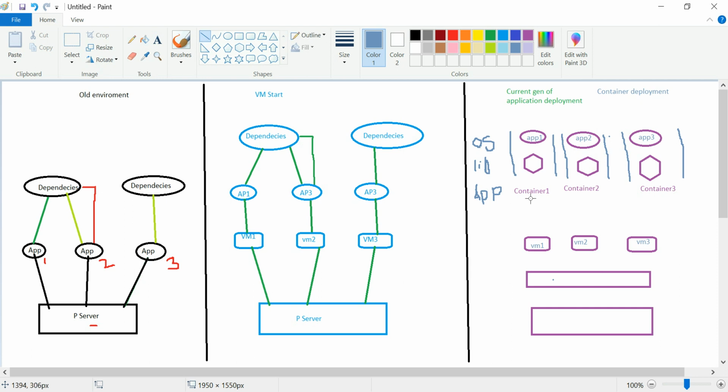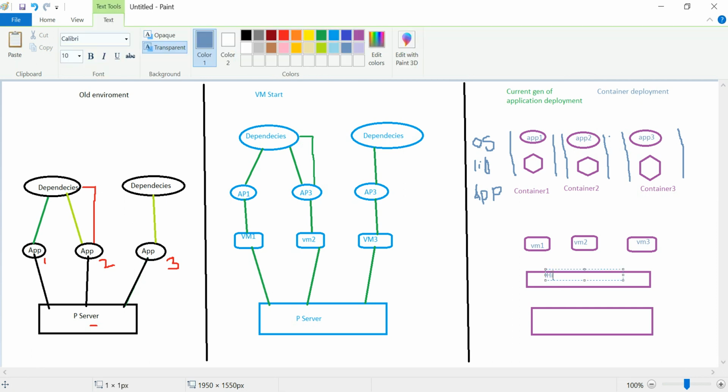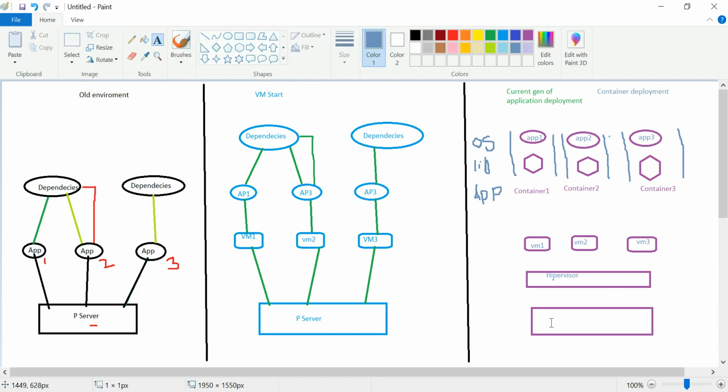So let me connect. This is a hypervisor. This is our physical server.